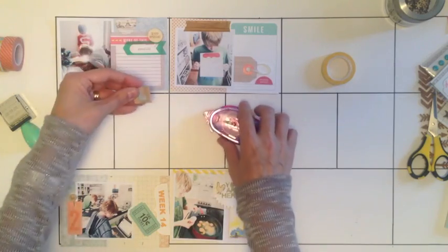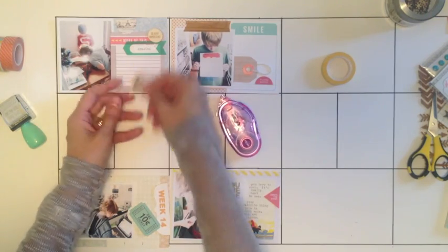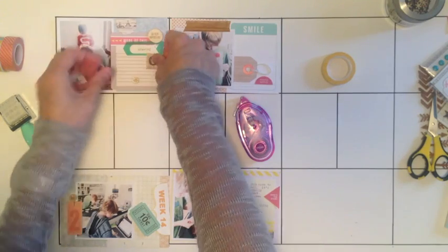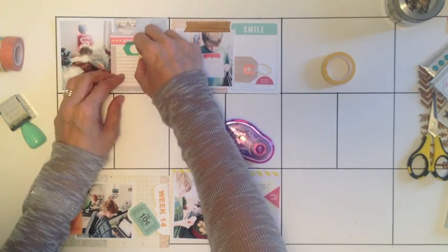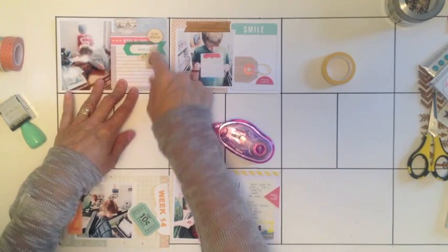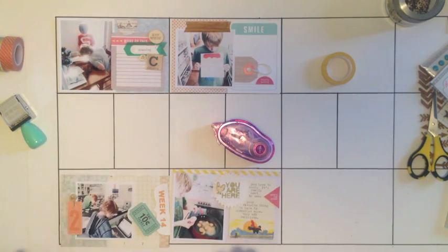And I have, oh, hey, look at that. I was going to use the like, and I flipped it over and I saw it says creative. Ha! See, can't plan everything. Okay, so I'm going to use creative instead because that works even better than the one I had planned. And a little ampersand. Okay, and again, I'm going to stitch these down. I'll probably just stitch right down this side, and then I'm going to journal in there. So that one is done, and now I have